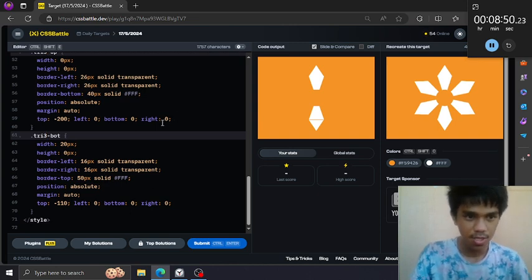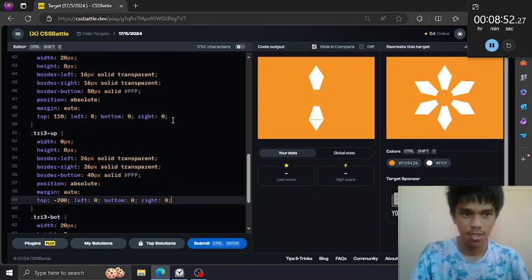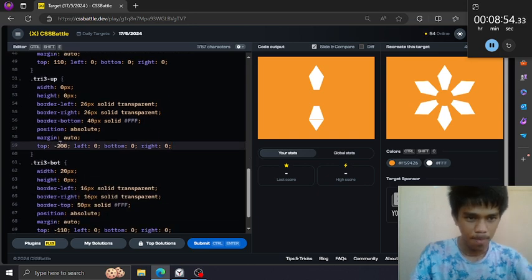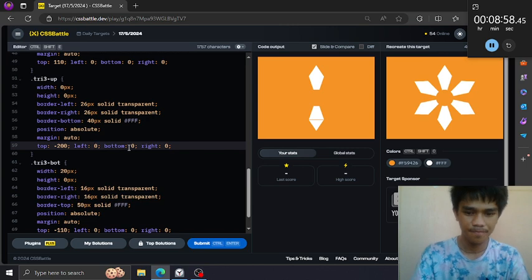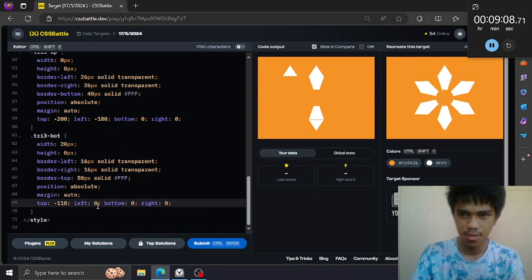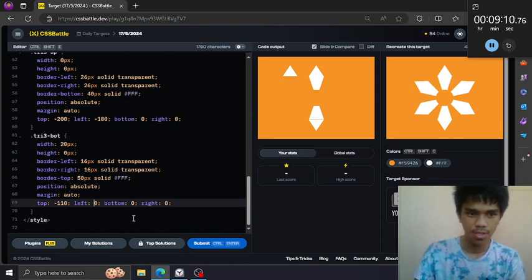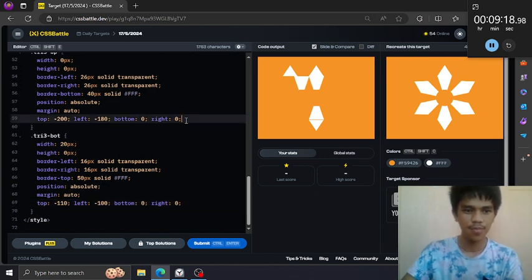Yeah, let's start rotating this. Maybe we can adjust the horizontal position first. Let's push this on the left side like that, and also this one. This one is not too much. 100 maybe, and apply rotate.